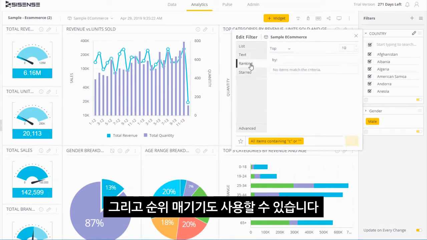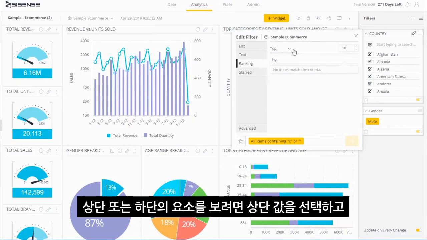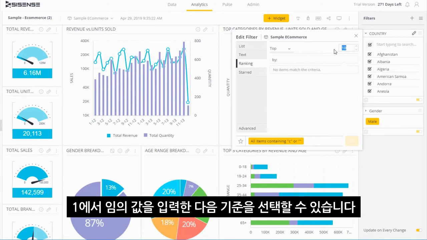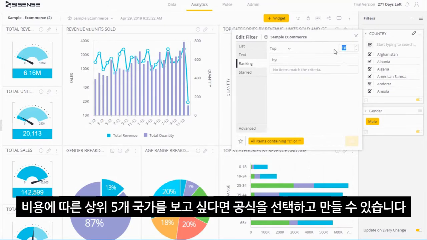In addition, I can use ranking. So if I want to see the top or bottom elements, I can choose the top, enter a value anywhere from 1 to any amount of values, and then select the criteria. So if I want to see the top 5 countries based on cost, over here I can choose and actually